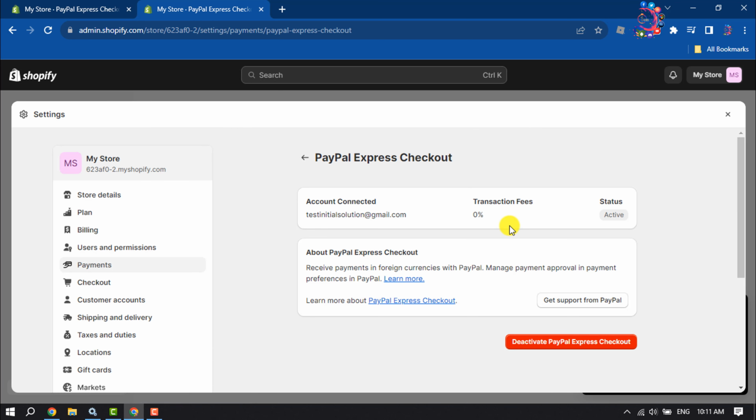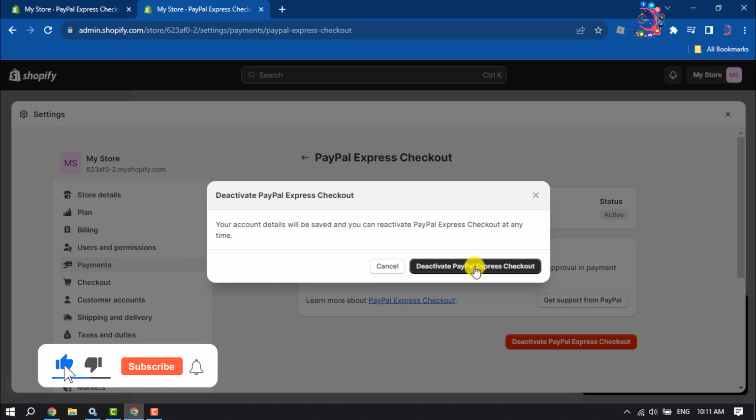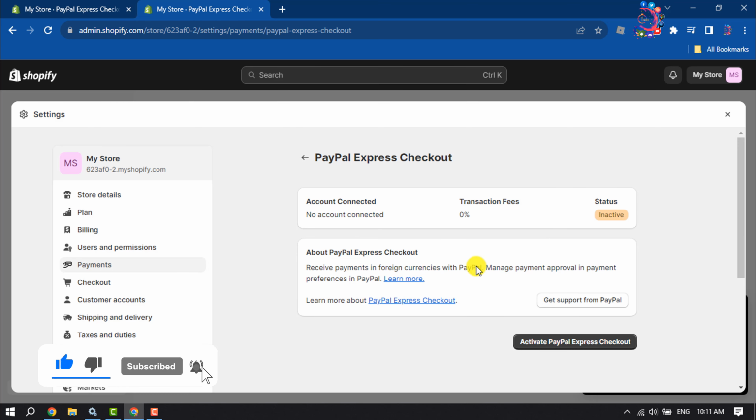and here click on deactivate PayPal Express checkout. Click on deactivate. Clicking on back,